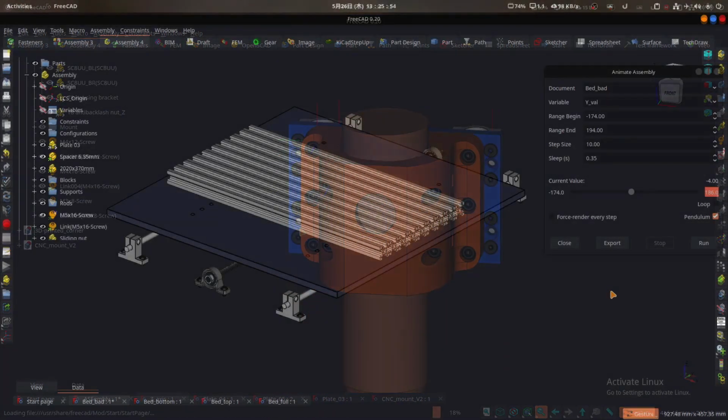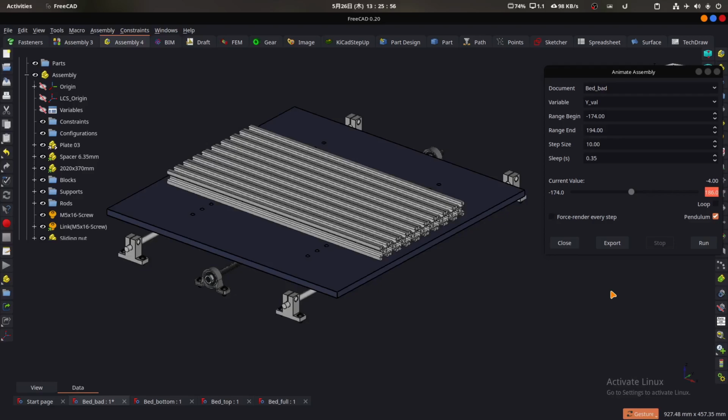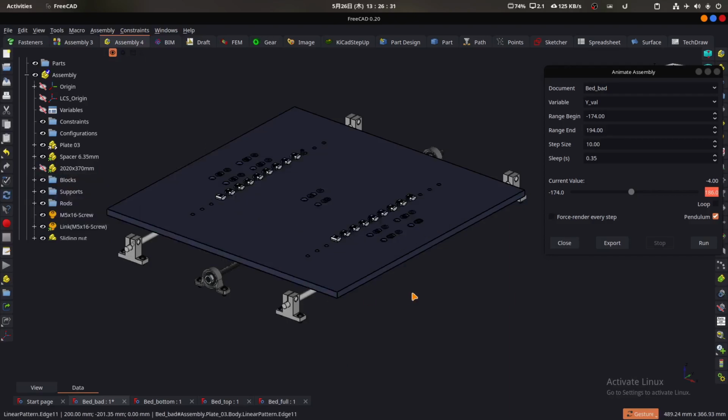Let's check one last thing with the animations. When we create our assemblies, we use the link function in order to add multiple units of the same part. That's what we did with the fasteners. Also, I did it with these aluminum profiles and with the sliding nuts.